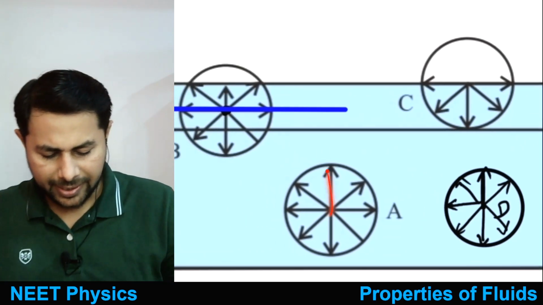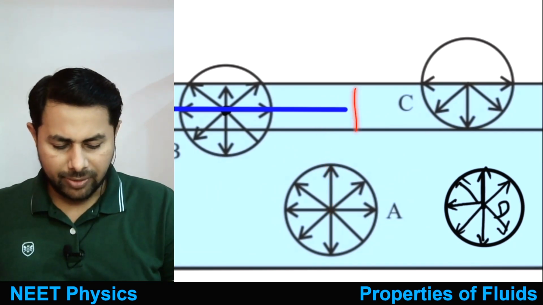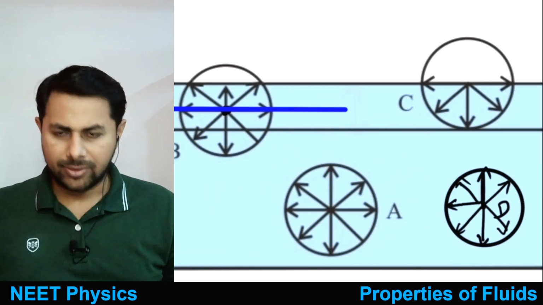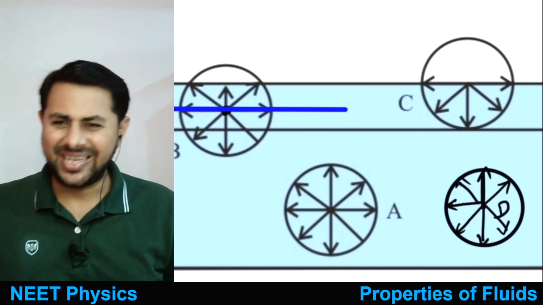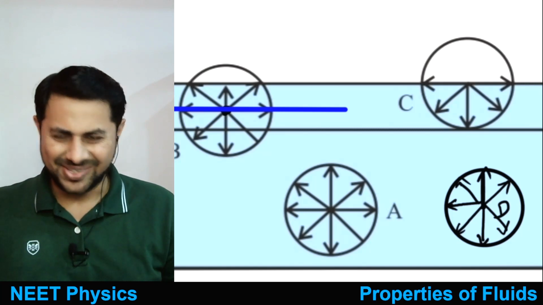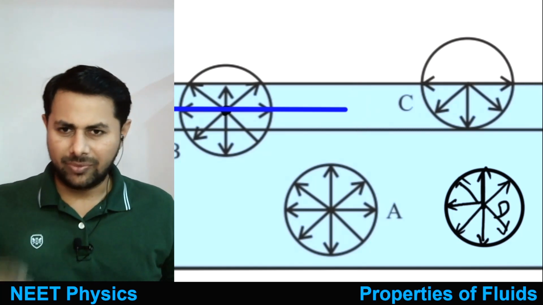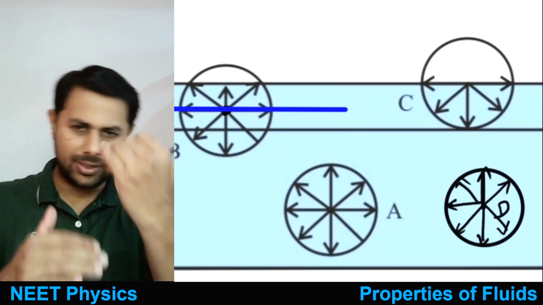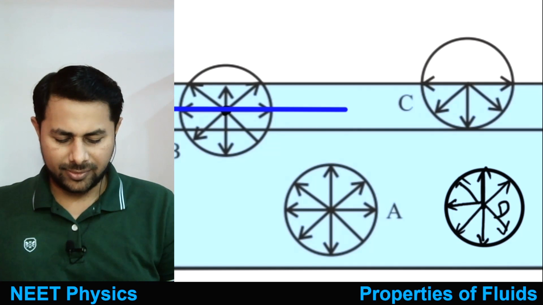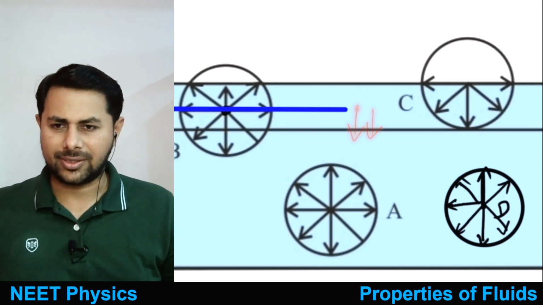Once it enters this layer, the topmost layer, having thickness equal to the range of molecular attraction, then there is the surface tension acting on this molecule in the downwards direction. The force due to surface tension will act in the downwards direction,